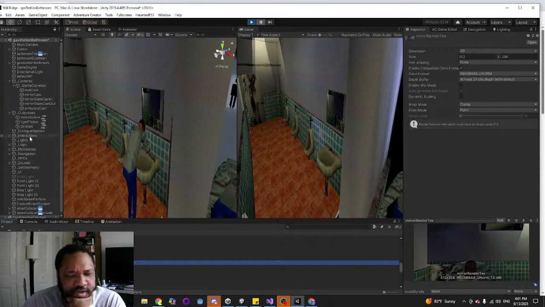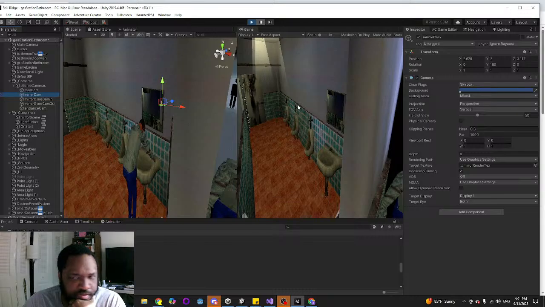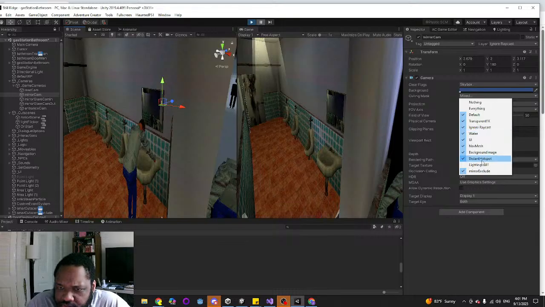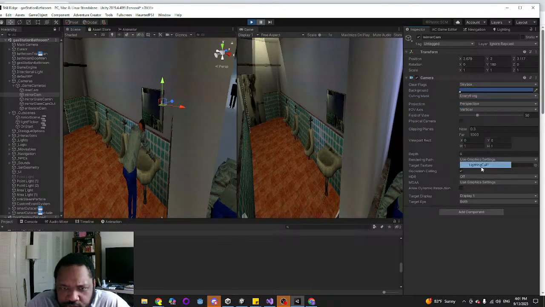Okay, all right. I've got to think about this one. So I've got a render texture that is reflecting correctly, and I want the culling mask.